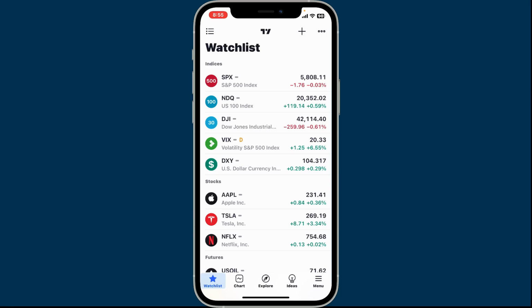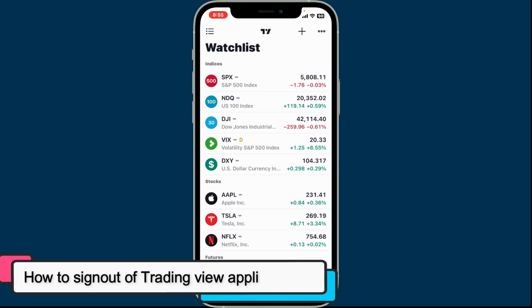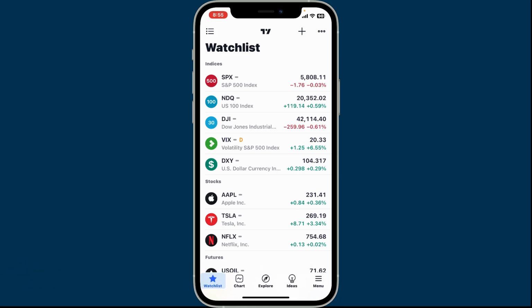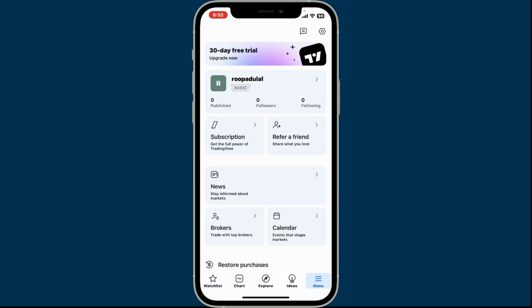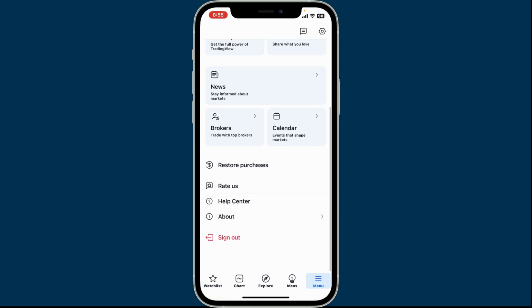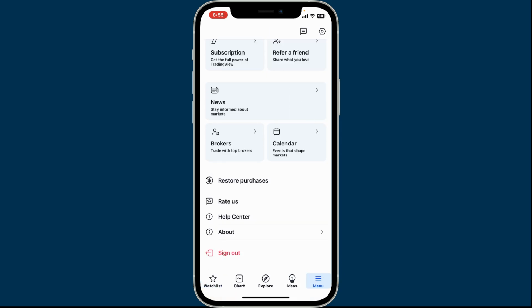In this video, we will be learning how to sign out from your TradingView application on your mobile device. To sign out of TradingView on your mobile device, first of all, open the TradingView application on your device, and then go ahead and tap on the menu button at the bottom right hand corner. From the menu button, scroll all the way down and you will then be able to see the sign out